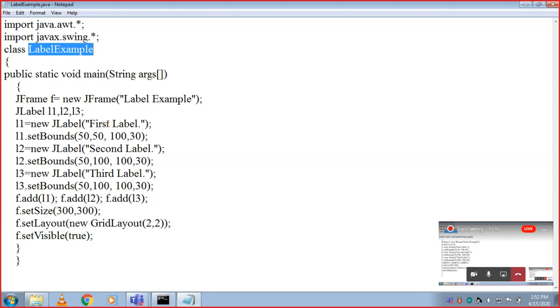Now we are going to execute this one and we'll see. So there are three labels, first, second and third, and they have to be displayed in terms of two rows and two columns. We'll see that.